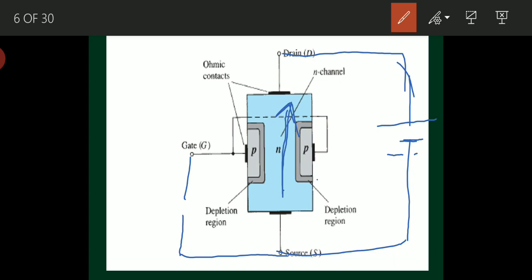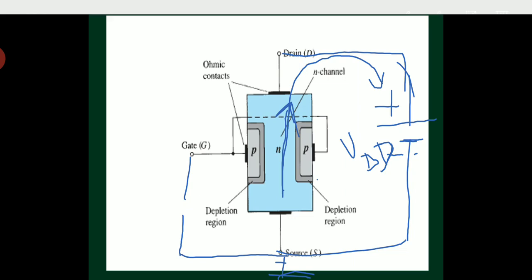In the drain, a lot of electrons will accumulate, and here it is connected to the positive terminal of the voltage source. This voltage source I call VDD. It is called double subscript notation, right? Since the positive terminal is connected to the drain terminal, of course the source is grounded. Since I am giving a positive supply to the drain, all these electrons will get attracted towards the positive terminal of the battery.